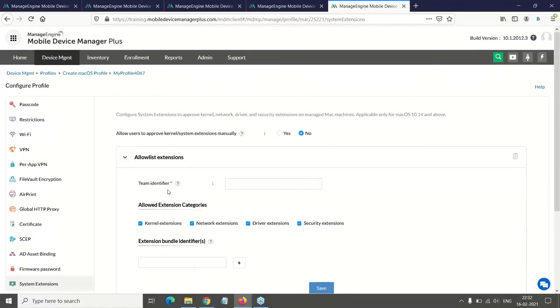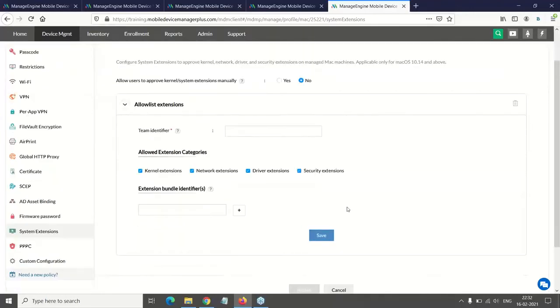Team identifier is nothing but the identifier of the vendor who will request the permission, that is, the kernel level permission. You can just enter the identifier here and choose whether you want to allow all the extension categories, if it's kernel level or network level, or only certain things. You can just add it here, and by clicking on save, this policy will get added to the profile.